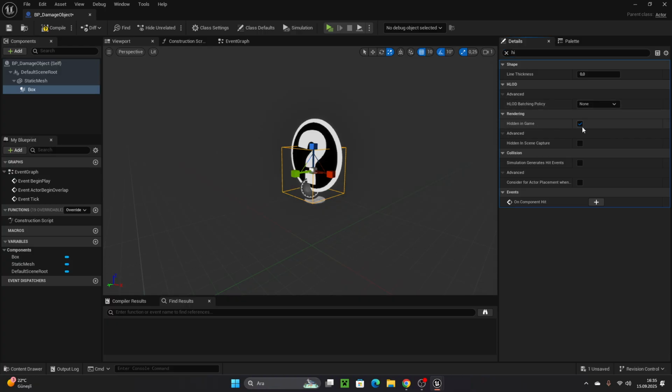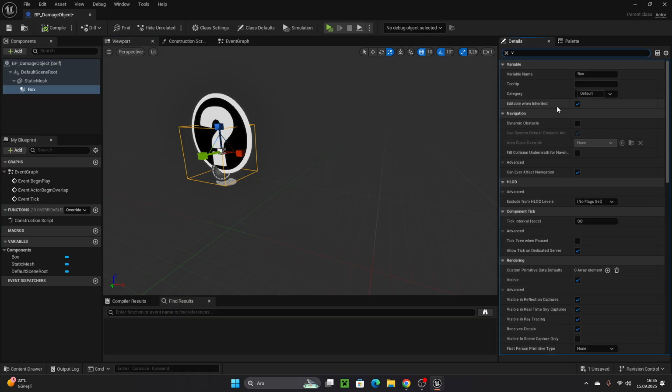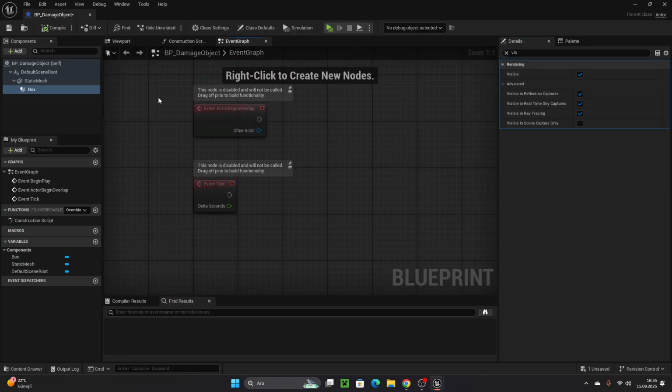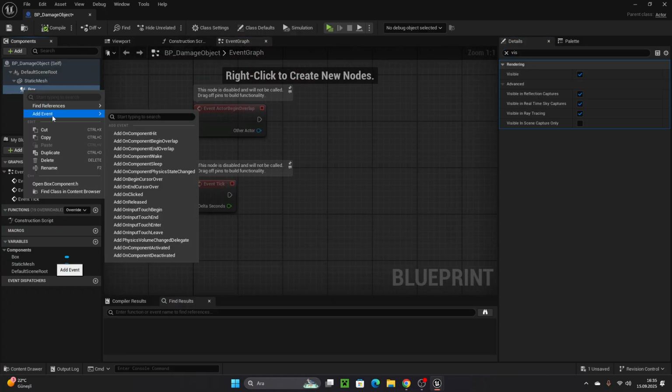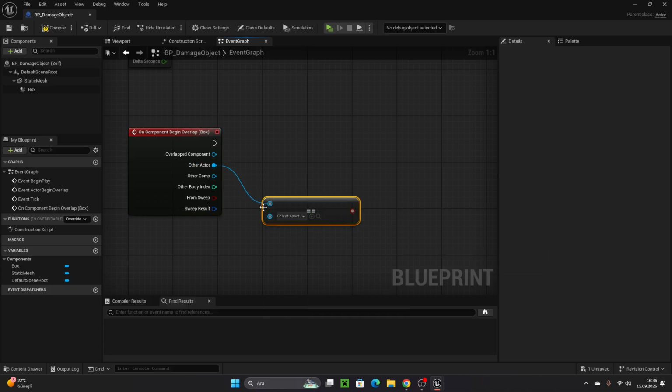Uncheck the hidden in game so we can see it. Visibility is checked already. Okay, so on component begin overlap, what we want to do is check